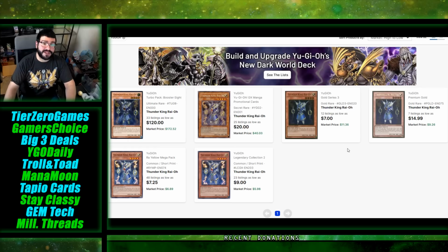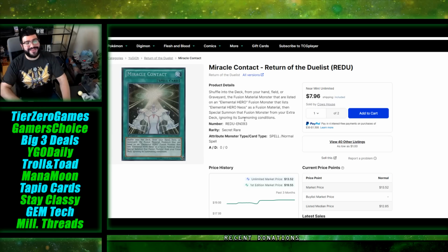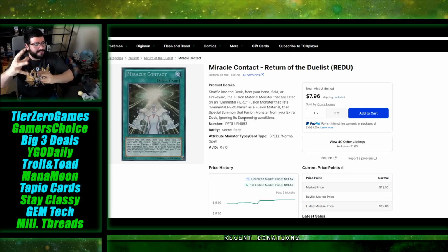Thunder King, we've mentioned, had buyouts multiple times already. Here's just another version. Now people are even going for the gold rares where they're spiking up and going crazy because people just want any copy and they're going for it over the common. And I only know these prices because somebody made a copy pasta trying to say market man bad, Robbie Cole manipulating the market because of personal profit, you know, one of those conspiracy theories,